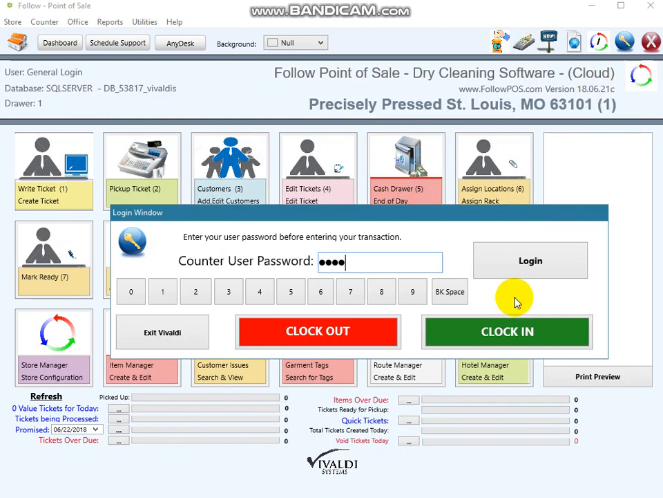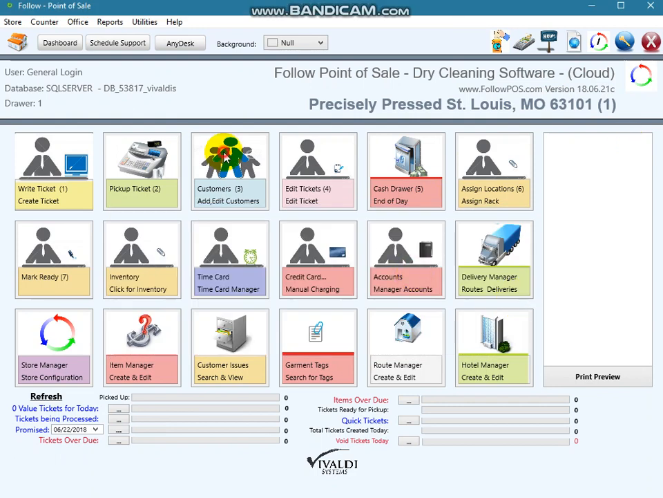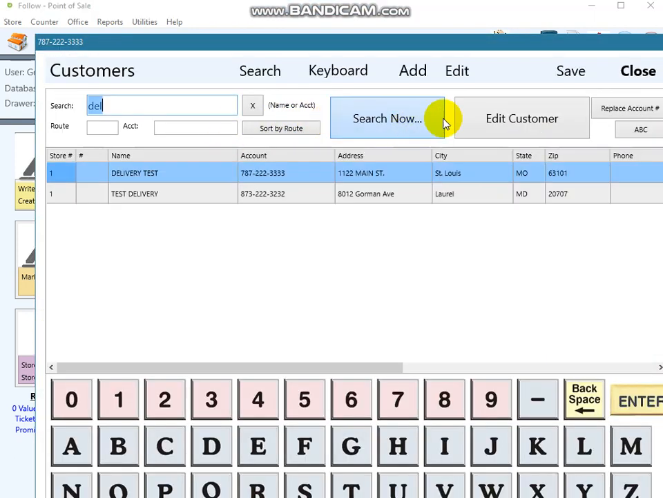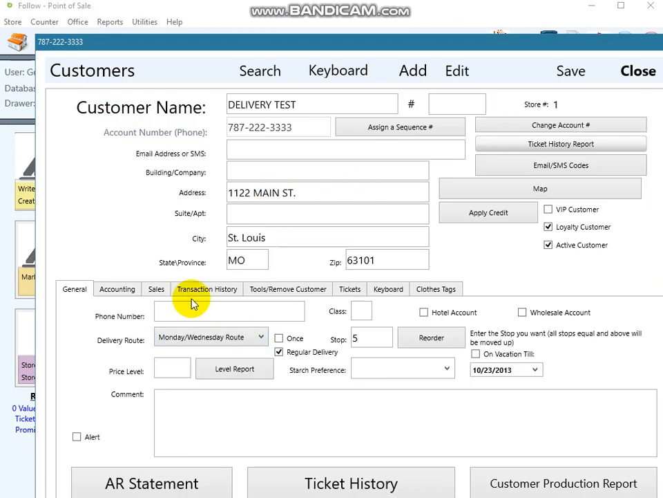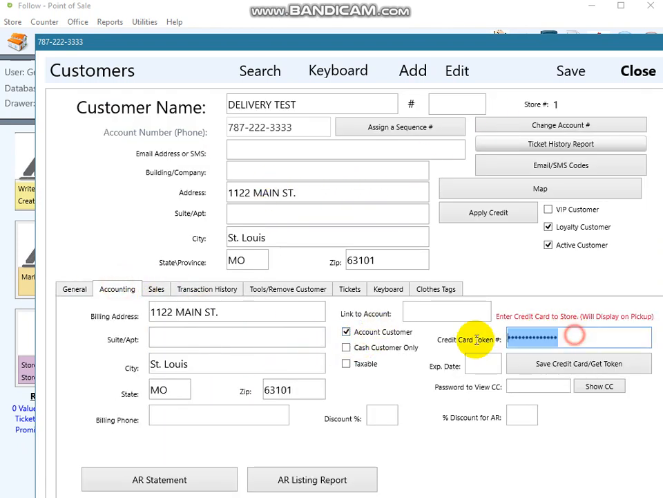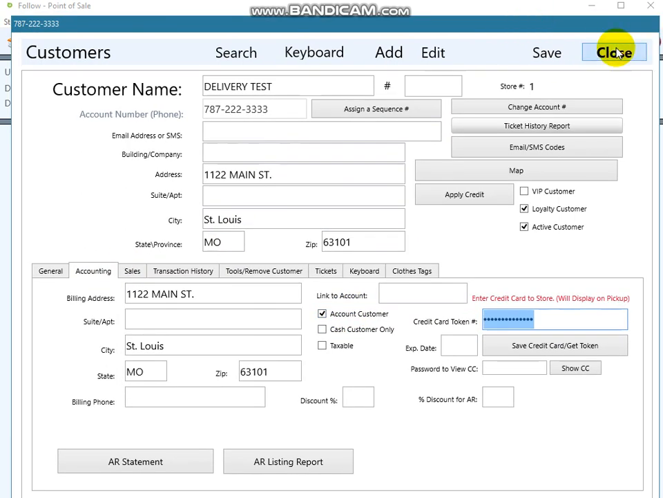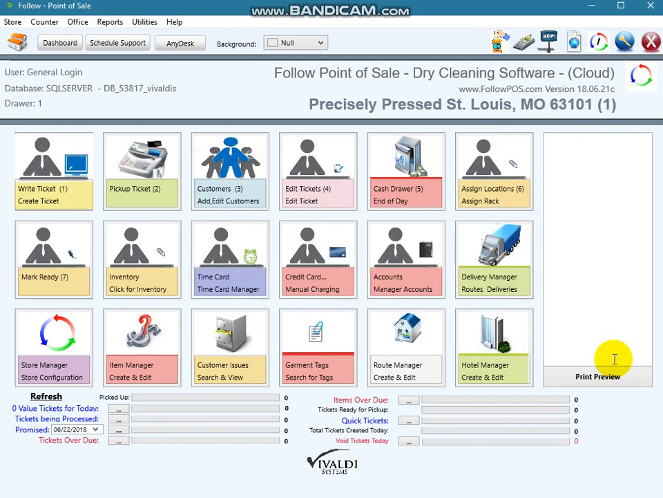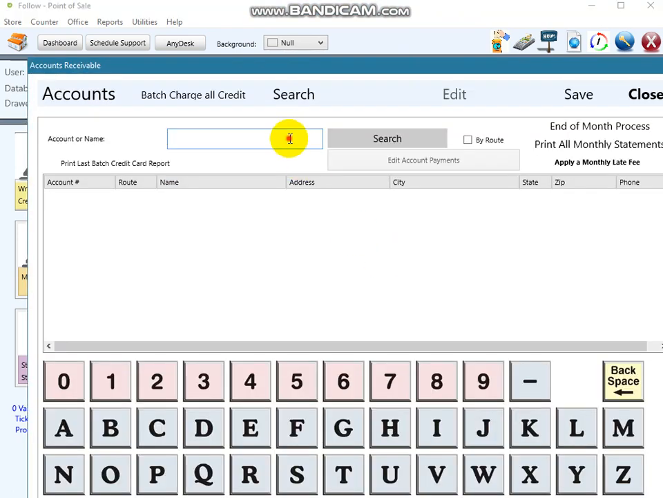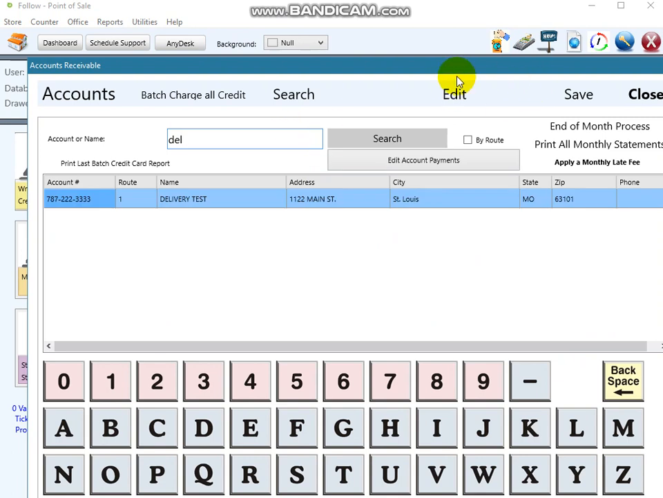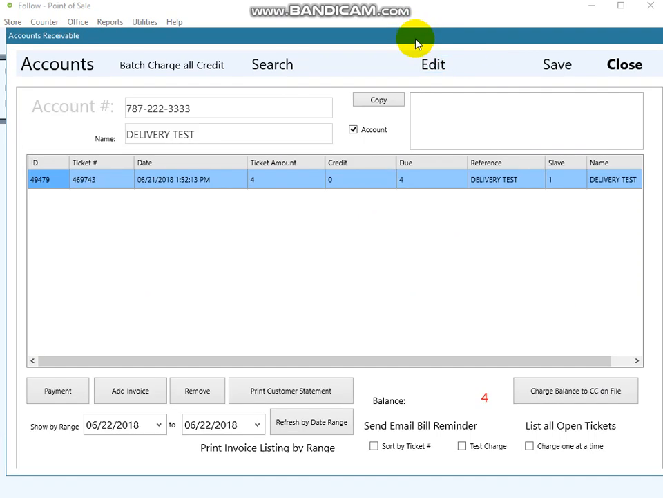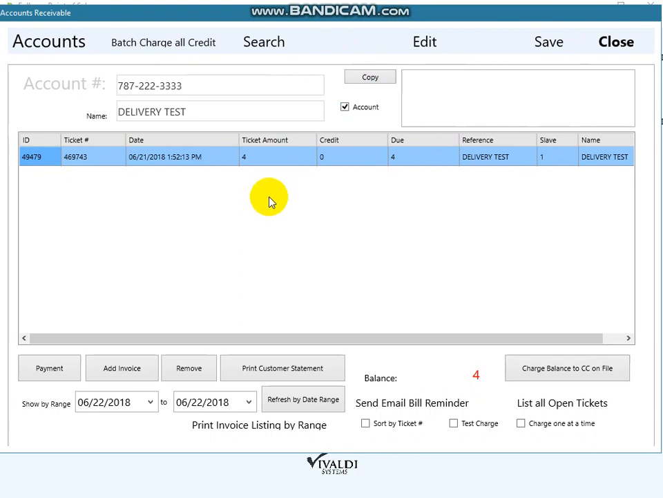Now, the other way is if the customer, and we're going to pull up that same customer again, if the customer has accounts receivable and a token, then what's going to happen is when they process their credit card, it's going to automatically transfer to accounts receivable, and you'll be able to process all the tickets at once. So what'll happen is anytime the on account is selected, when you process a ticket, it'll transfer to accounts receivable,